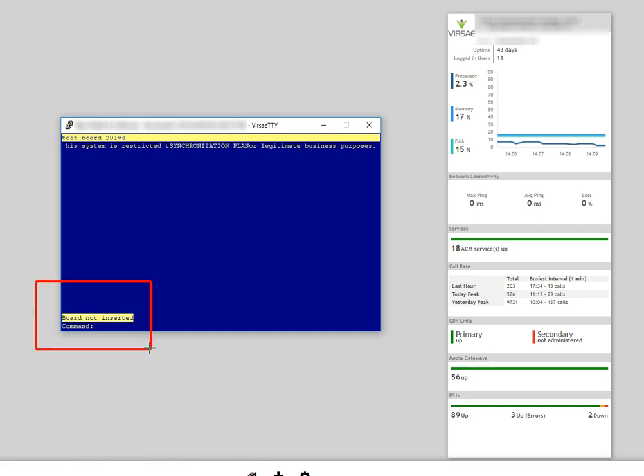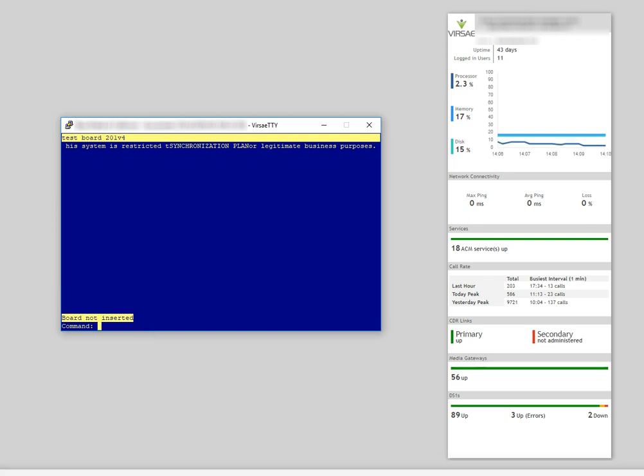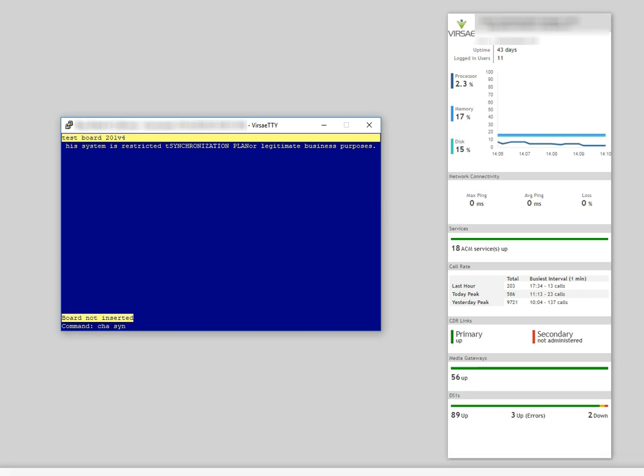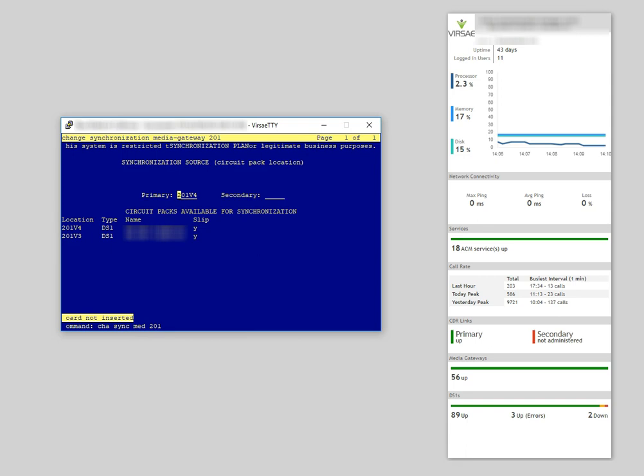Board is not inserted. So what's happened with this media gateway is there has been a valid synchronization source using a DS1 to the PSTN. That's now been decommissioned and taken away. Therefore, the media gateway has fallen back to its local clock, and that's producing the problem that we see on the dashboard. So to resolve that problem, I need to change sync media 201 and simply go in there